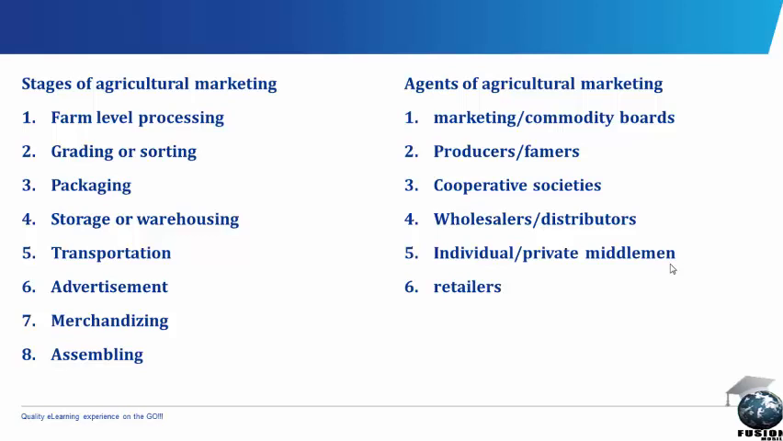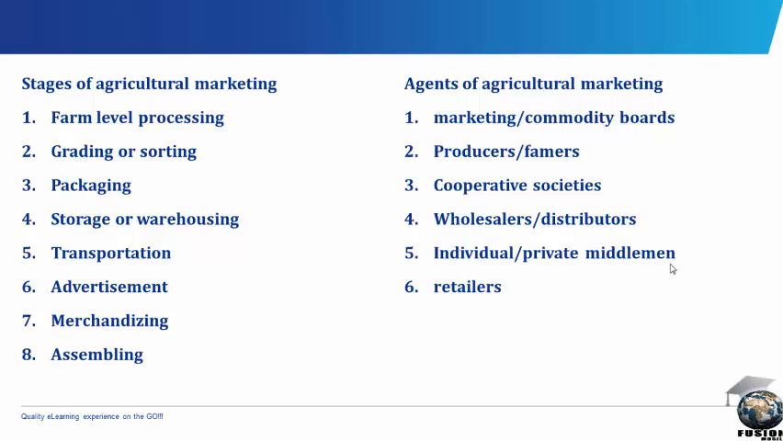Agents of agricultural marketing. The agents of marketing include all the people and other bodies which are directly or indirectly involved in the marketing of farm produce. They include the marketing or commodity boards, producers or farmers, the cooperative societies, wholesalers or distributors, individual or private middlemen,